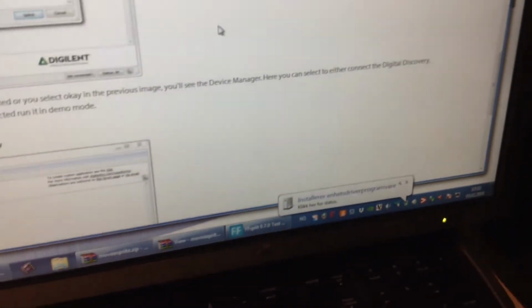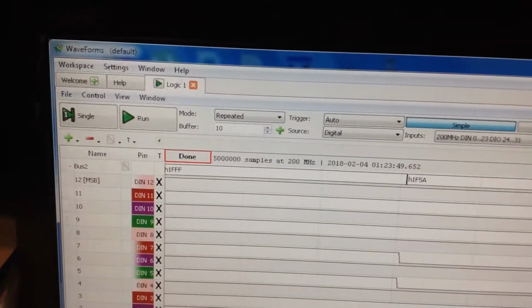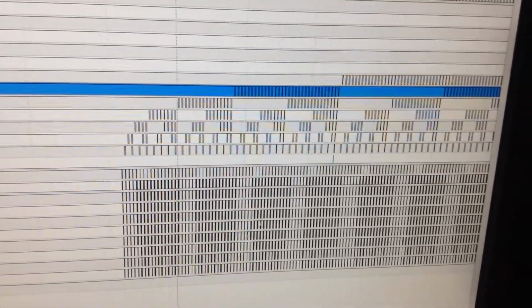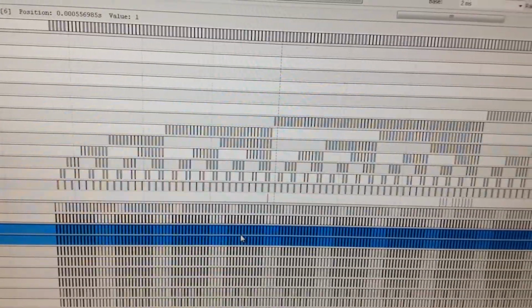I guess Windows is installing drivers. Oh yeah, after installation it turned green. So this program comes with a Digital Discovery. It's called WaveForms. Something interesting is that when you start, that's also a problem. It's really hard to get a good trigger. Anyway, you can see here, this is the